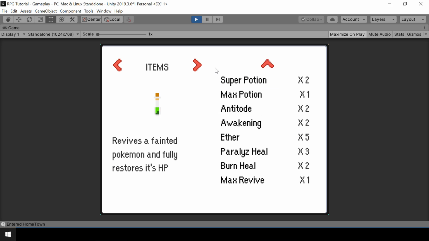So we used it, and now there is no selection in the list. But from the left side, you can see that the currently selected item is Max Revive, right? This is the icon and description of Max Revive. So we know that Max Revive is selected, but the selection is not shown in the list. So if I press the up arrow key, the selection reappears, and now we can select as usual. So this is the issue. When we use the last item, the selection just disappears. So let's look at how we can fix that.